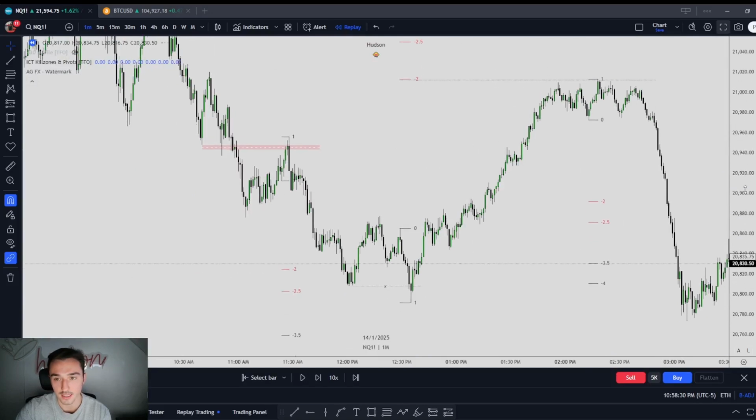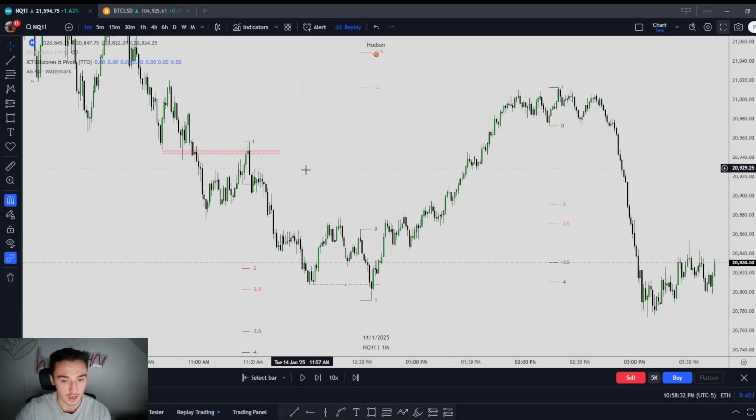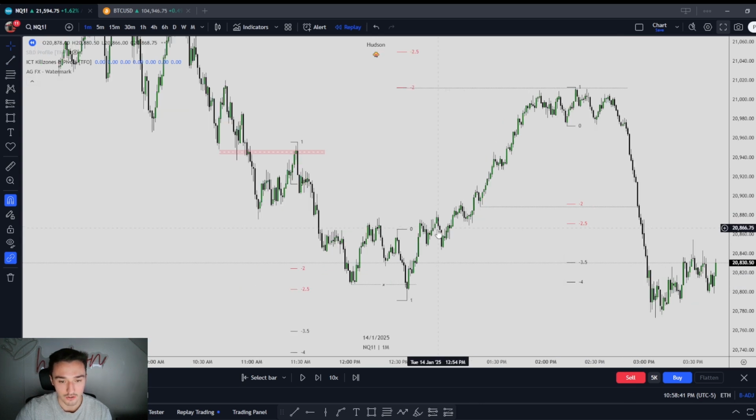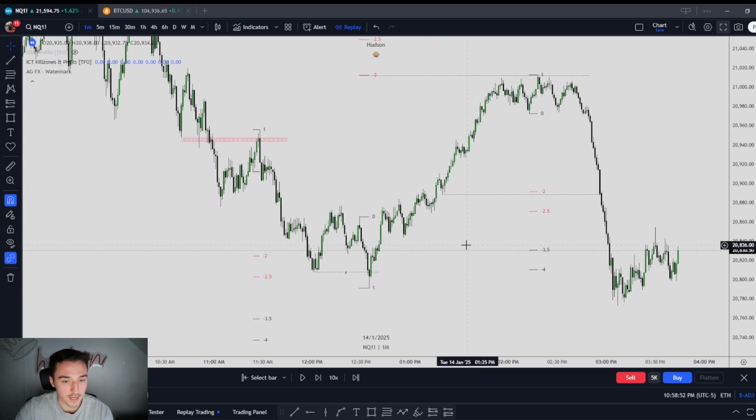So right here, you guys see these standard deviations. And once again, -2, -2.5 usually will line up with sell side. And right here on the lower time frame, you guys can see that, right? Right here, -3 and -4 kind of come down here, but not quite. So I just gave you guys 3 examples in this one little example that I was only going to do